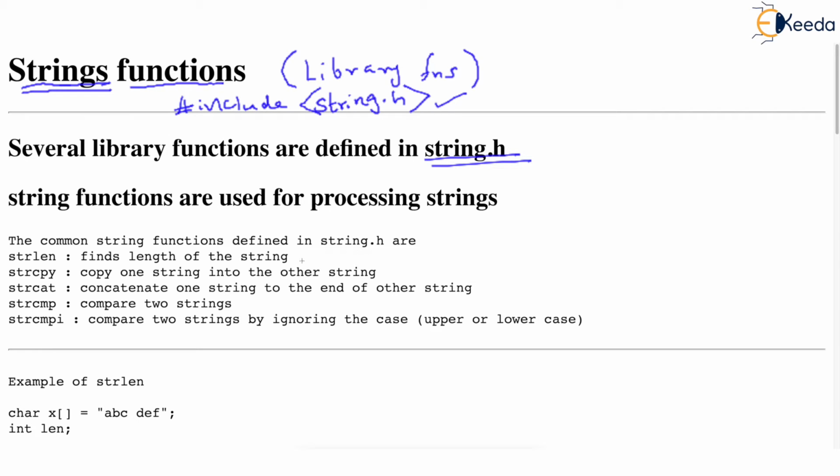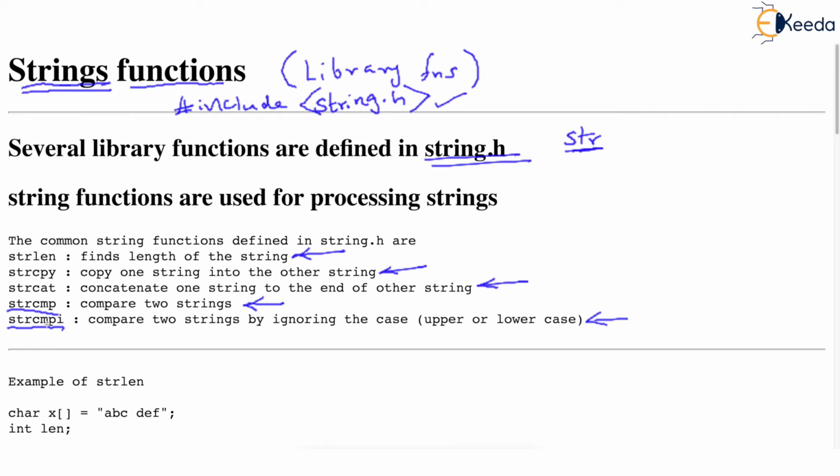Just check the names of the string functions. The very commonly used functions are strlen. Now note, all the string functions begin with str, which stands for string. As you see, strlen means length of the string, strcpy copies a string, strcat concatenates or joins two strings, strcmp means compare two strings, and strcmpi is also the same as strcmp.